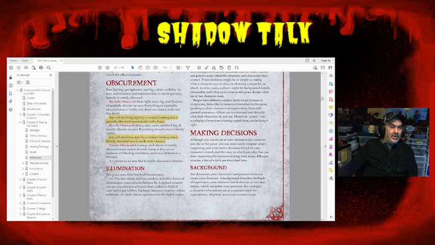Then totally obscured. Creatures and objects in totally obscured areas cannot be seen because they are in darkness or blinding conditions such as a whiteout in a blizzard. A creature that is in an area that is totally obscured is blinded. So this is talking about a creature that is in an area that's totally obscured. A creature that is in that area